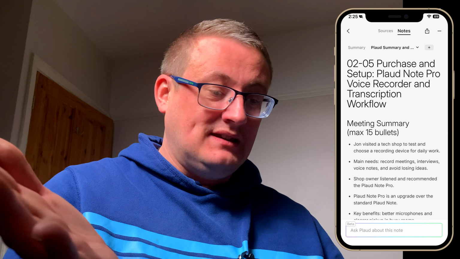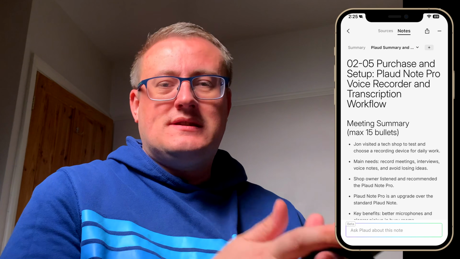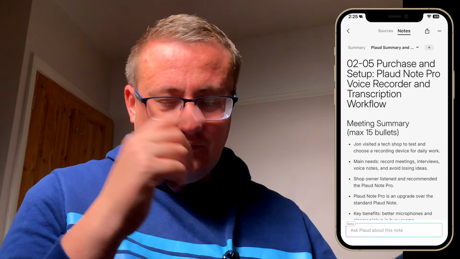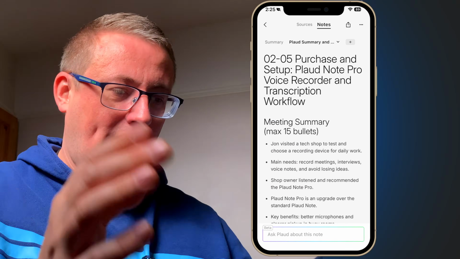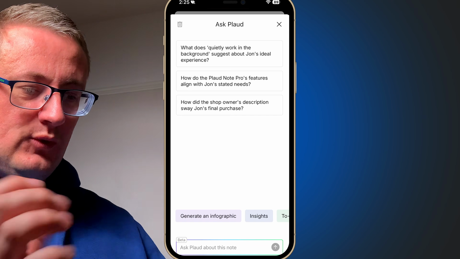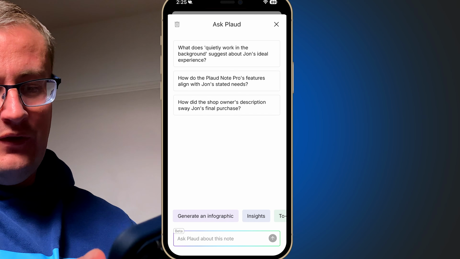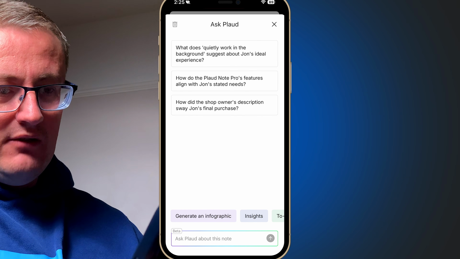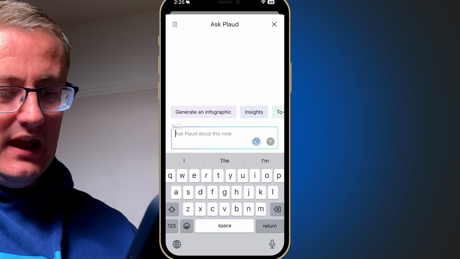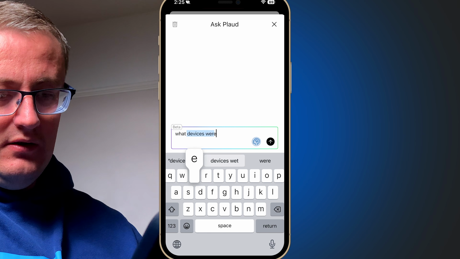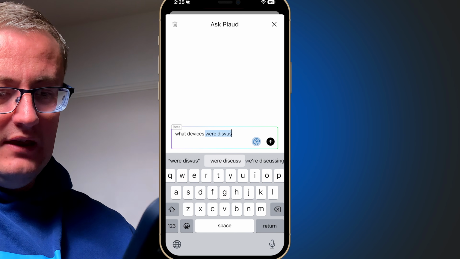It's just great that basically they offer that for free. So the next point is what you can actually do in terms of AI. Now, what I love about this whole app is the fact you've got this "Ask Plaud" about this note. So we click down there, you see you've got things there that you can ask it if you want, just general stuff. But if I just say, what devices were discussed in the recording, so this is only